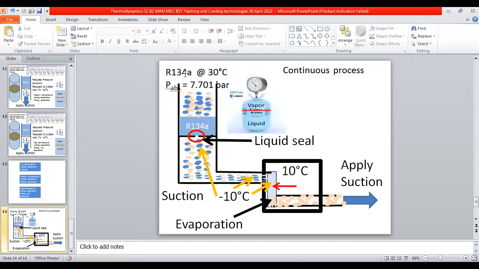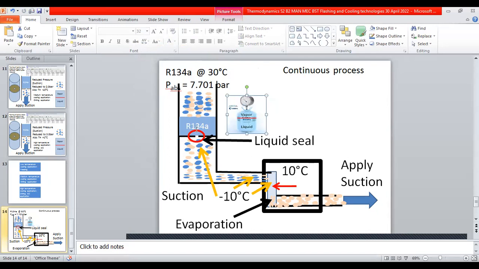Seven bar. Imagine seven bar. 30 degrees here, minus 10. What is the pressure at minus 10? Yeah, that's all right. 7 bar. It is 37.7. At minus 10, the pressure is